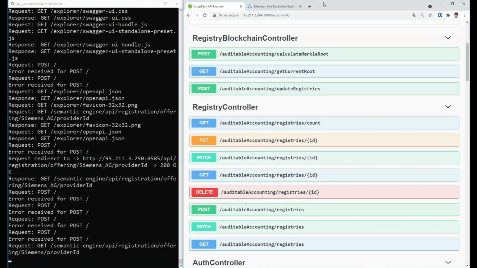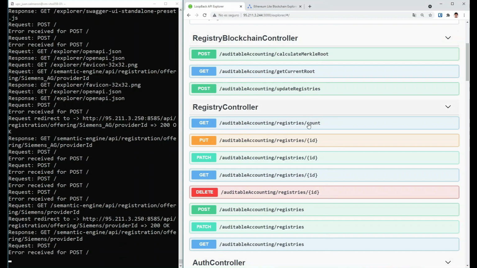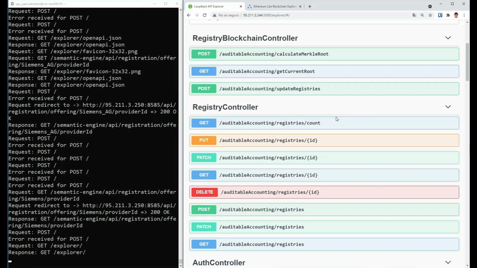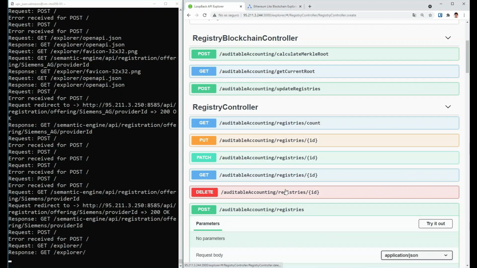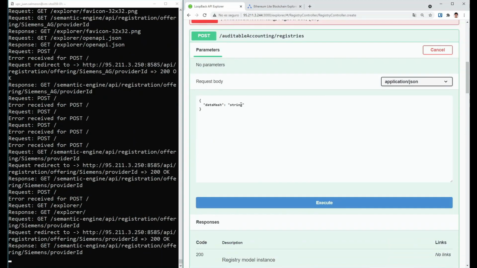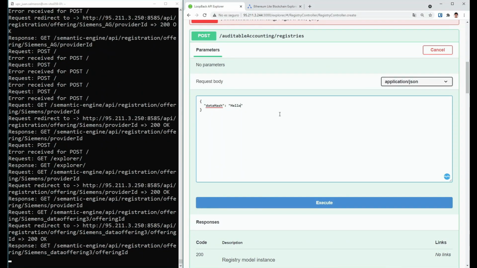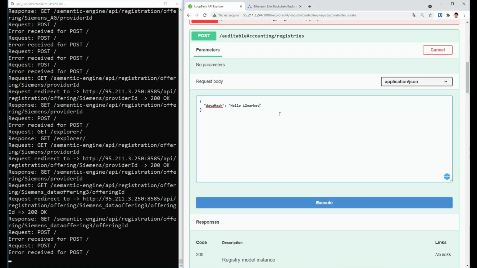Okay, thank you, Juan. To start the demo with the auditable accounting, we can see here two controllers: the registry blockchain controller, which is responsible for managing the smart contract, and the registry controller, which is responsible for receiving the data and managing it, storing it in a database. To make the demo, the first thing to do is to post a new registry and store it in the database. To do that, we call the registries endpoint with a post option, and we can set here any string to be stored. In a real case it should be a hash, but here we can set anything to show. We execute this endpoint,